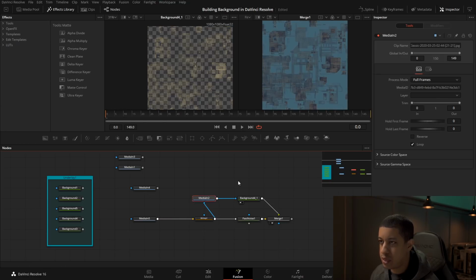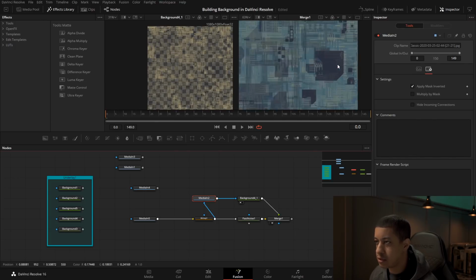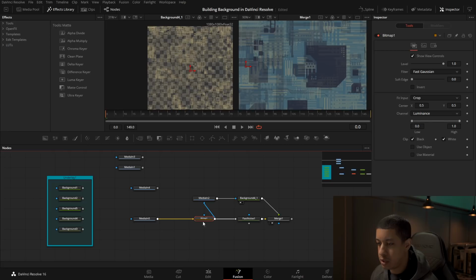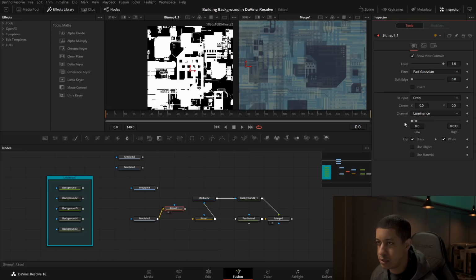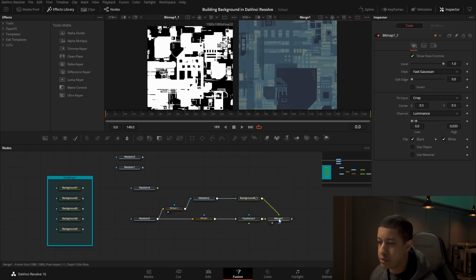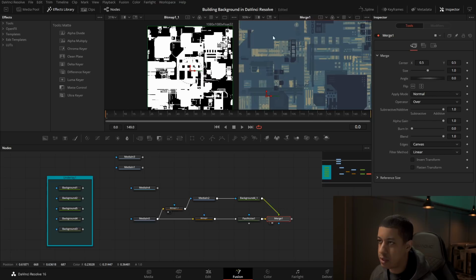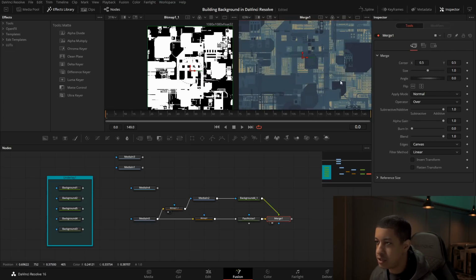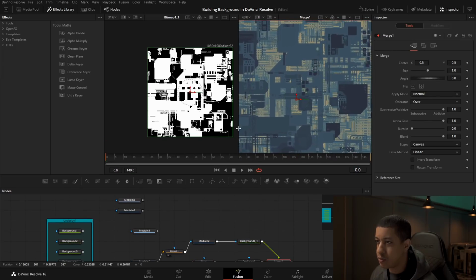cut this with that. And let's go, and we can invert the mask, so now it shouldn't be so much there. I'm actually going to take that bitmap, go back into here, and we're going to crush this and drag that into there. So now we can see that we only have those lines. If I increase this, we only have those lines where this is cut out, so like where just some of the items are. Just add so much texture into this shot that we currently have here. Just so much extra texture.